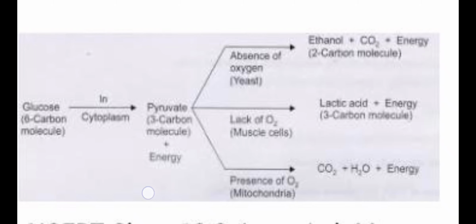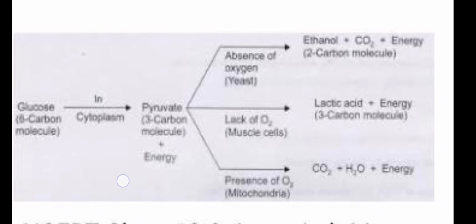So this is how the glucose molecule can be oxidized or can undergo respiration in different types of organisms. The first reaction that we have seen occurs in the cytoplasm, and that is the anaerobic one, and pyruvic acid is formed. This flowchart is very important from the examination point of view also. So you all draw this flowchart. It is well drawn in your NCERT books also. You can refer to NCERT also.